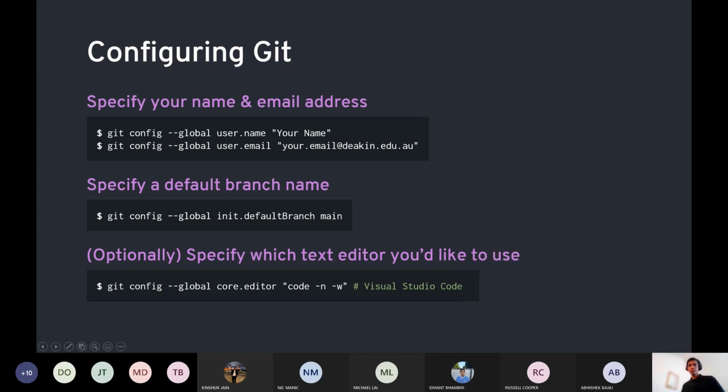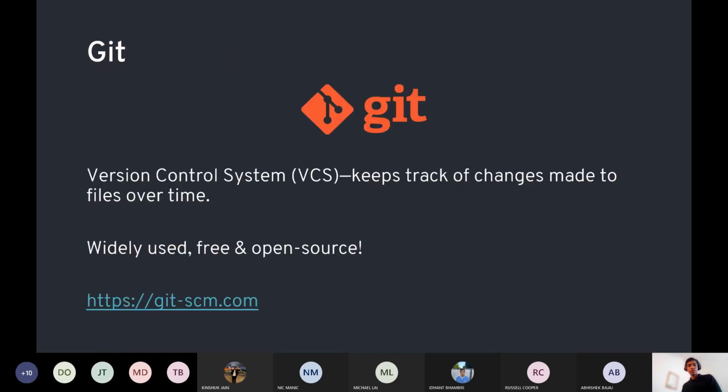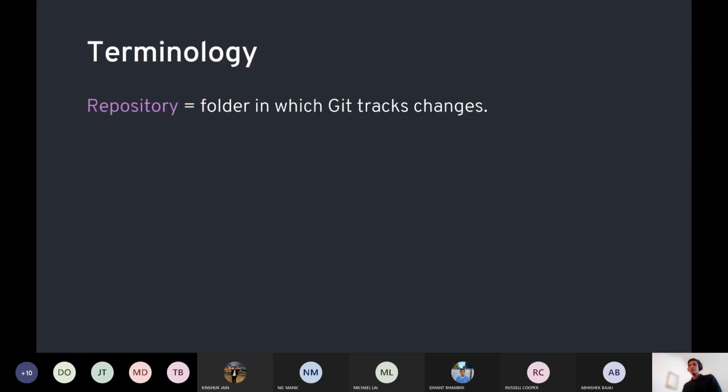So a bit of terminology before we dive in. I mentioned earlier that Git keeps track of changes in your code base. A repository is a folder in which this happens, right? So if you want your project to be version controlled with Git, you'd want the source code of your project to be inside a repository.